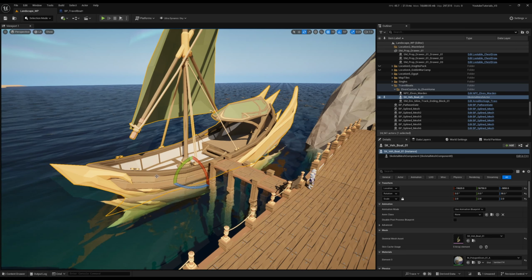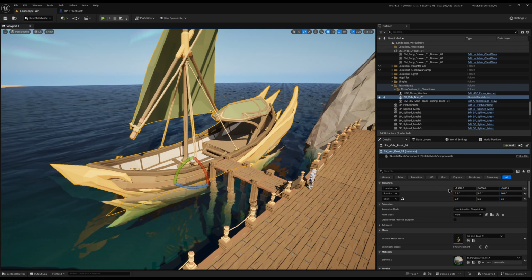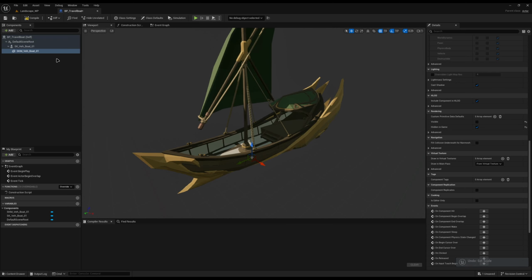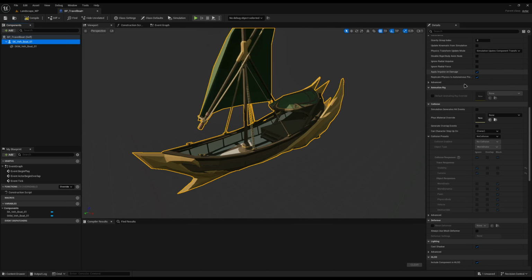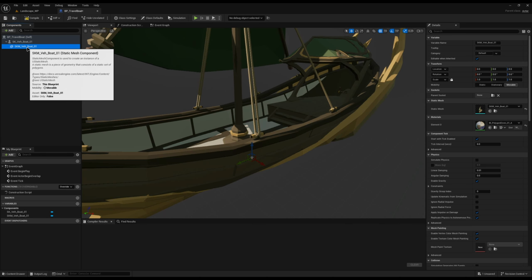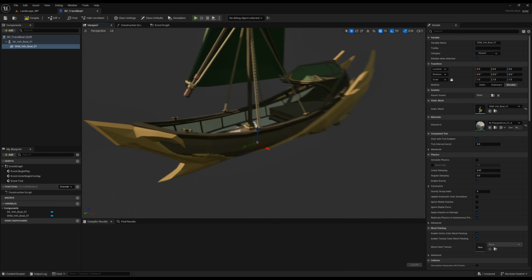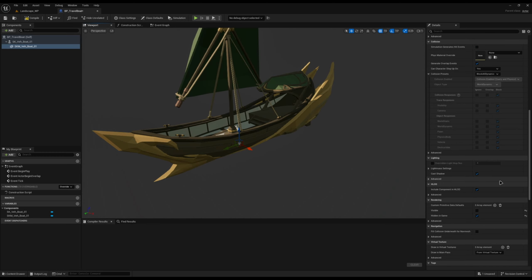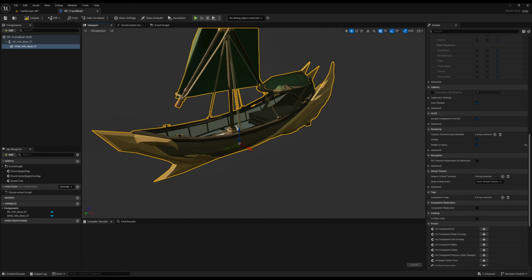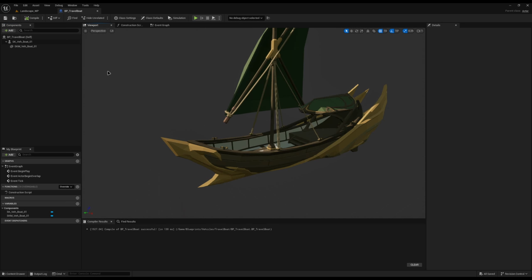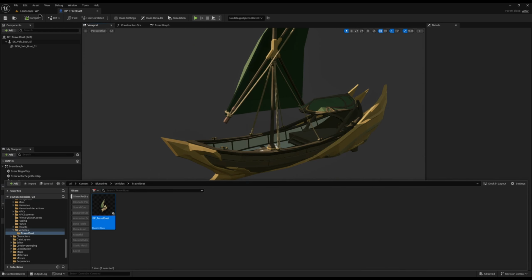So I'm going to come back to my boat here, and I realise I have scaled it up to double the size, because if I keep it as 1, it's too small, isn't it? So I'm going to come back to our BP and scale this up to 2. You should only have to scale the parent, you shouldn't have to scale the child boat, it should scale with it, so it would be 1 relative to the parent, which is 2. You can also test this if you untick visible. See, it's the same size. So if we compile and save that for now,